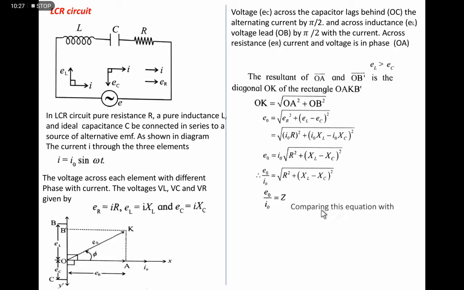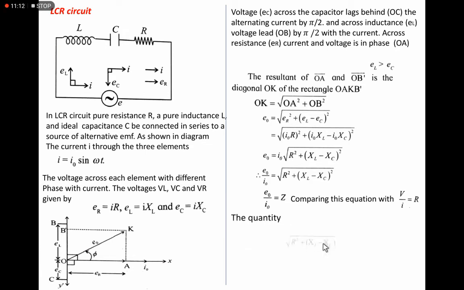And if we compare this with the equation V by I is equal to R, here in this Ohm's law, R is the resistance, opposition to the flow of the current. If we compare this equation with this, definitely Z is the opposition to the flow of the current in series LCR circuit. That is, three components are there in the series, and combined opposition to the flow of the current in AC circuit, we denote with Z, and Z is known as the impedance.